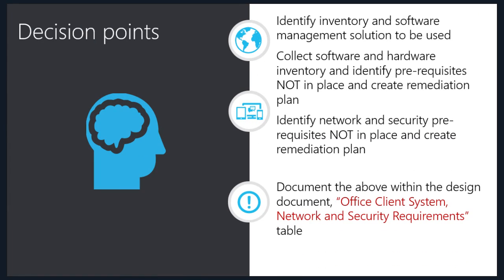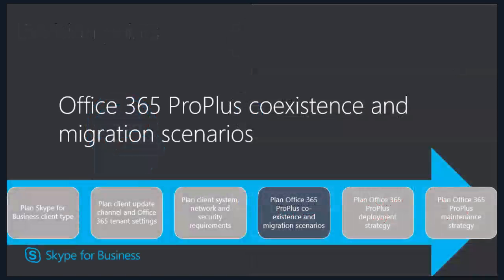During the discussions, continue capturing the relevant information into the design guide. Within this section of the workshop, all missing prerequisites for a client deployment should be captured, and the development of the remediation plans should be started already. After you have identified the remediation steps for the missing prerequisites, now it's time to talk about the coexistence scenarios that will affect your migration story.